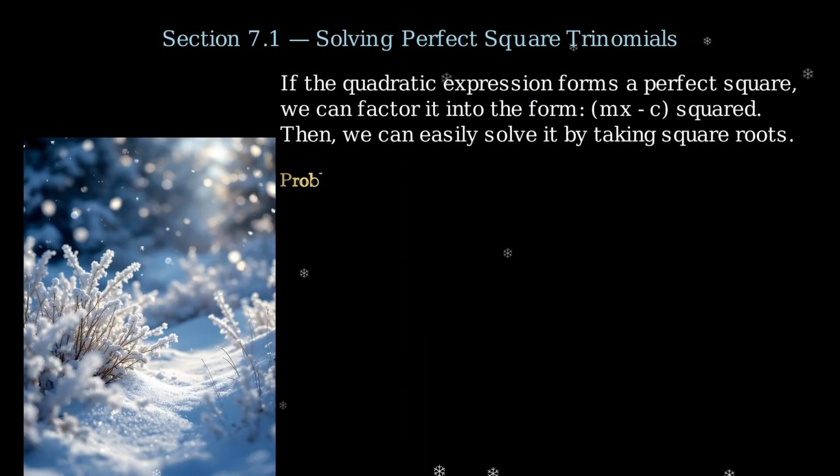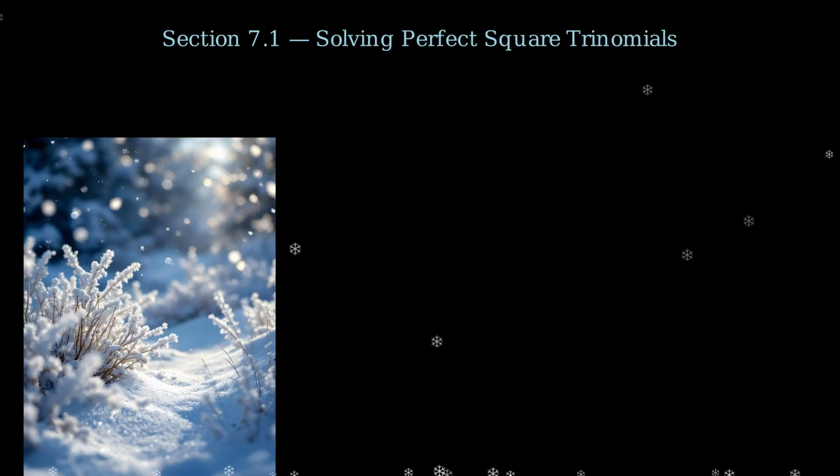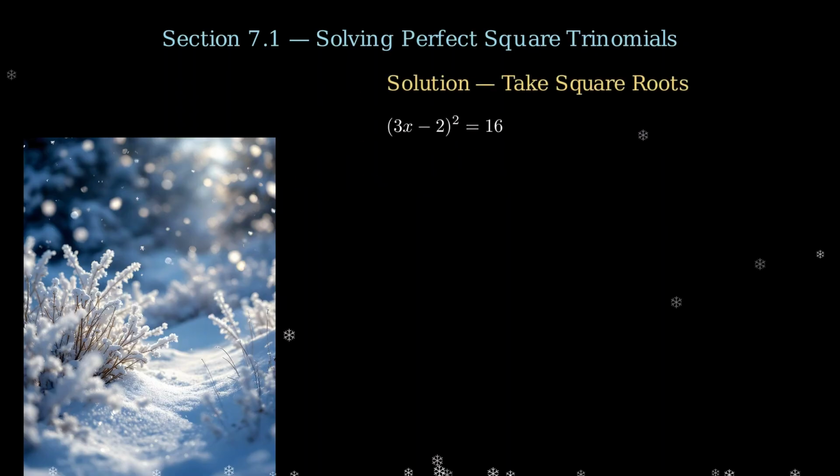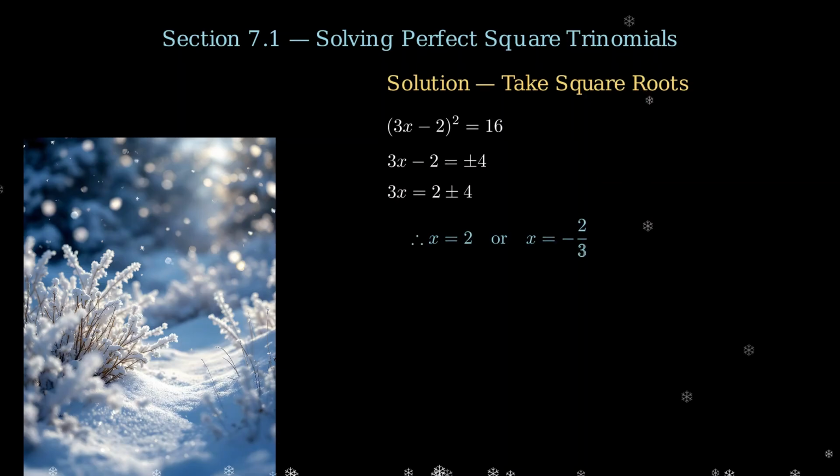Let's look at another application of the square root method. Sometimes, the left-hand side of a quadratic equation forms a perfect square trinomial. In this example, we want to solve 9x squared minus 12x plus 4 equals 16 by taking square roots of both sides. To solve this, we first recognize that 9x squared minus 12x plus 4 factors perfectly into the square